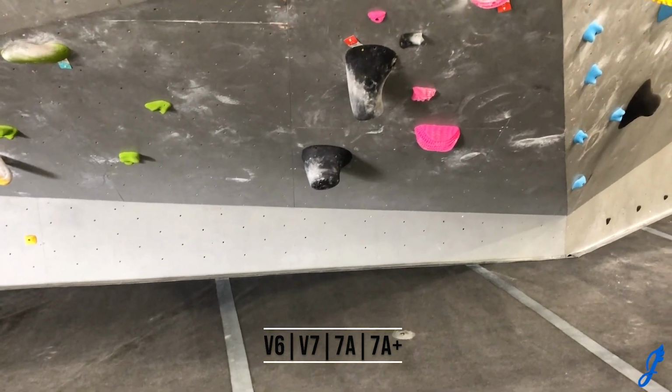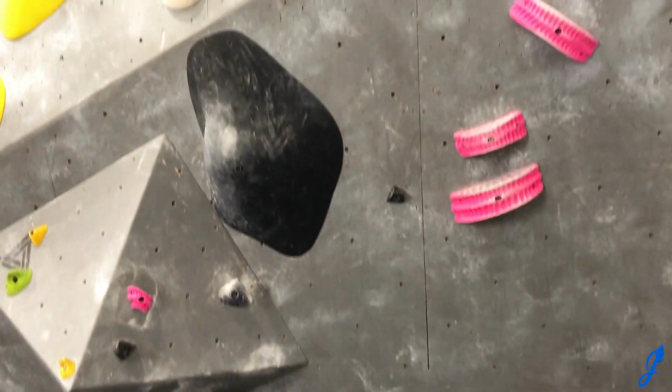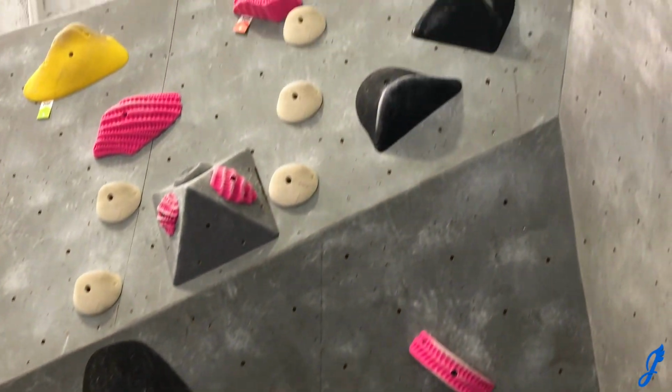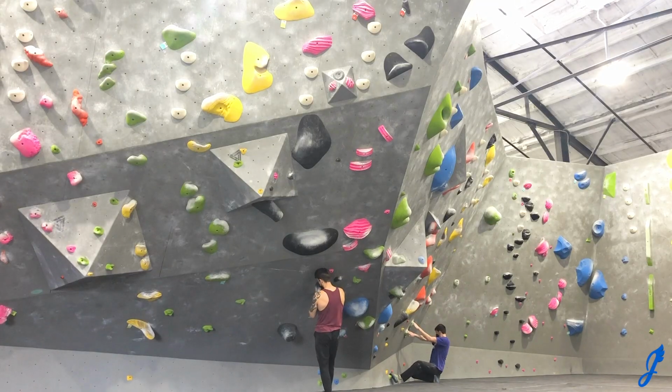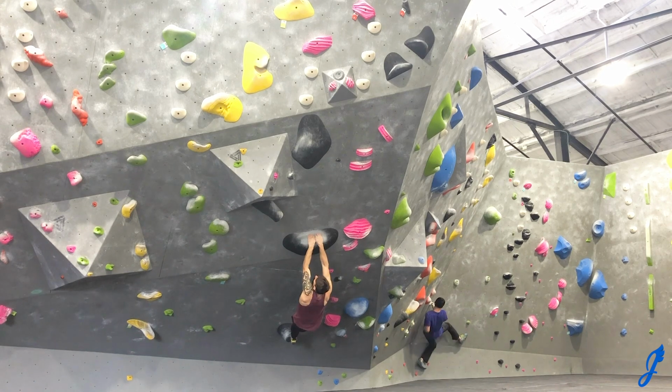Up next, this is an awesome route. So V6, V7, those black holds are really positive, but the way they're set is really creative, and you'll get to see in a second here. So it starts down low in those big horns, go up left, I get a right toe hook, match, and then